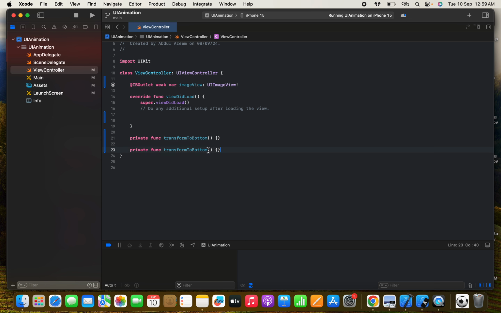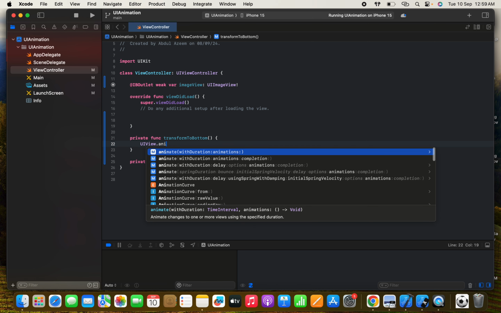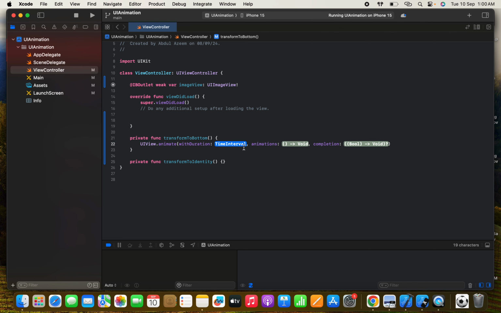So let's name it transform to identity. This basically means transform to its original place, or you know, transform to its origin. So let's start writing the transformation here. So UIView.animate, because we want to move this image with animations, so with duration 1.0